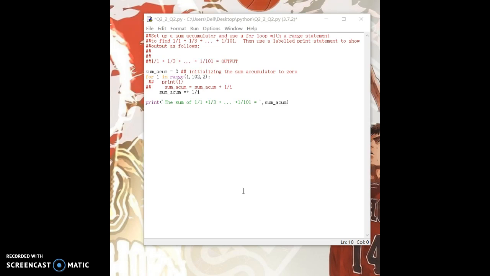So the first step is initializing the sum accumulator to 0, so we can type sum accumulator is equal to 0. And we use a for loop, so for i in range 1, 102, and the step is 2. So don't worry about the difference between 1 over 1 and 1 over 3,